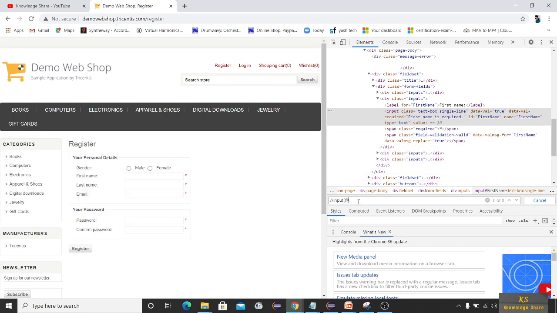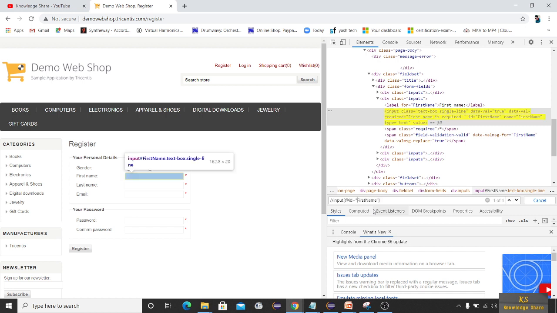I'm choosing ID, is equal to, in single quotes, I'll give this first name, and close the square bracket. If you observe, you have to give single quotes, not double quotes. If you give double quotes, then it might give an error.